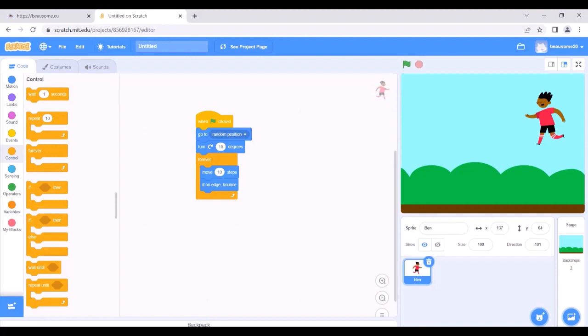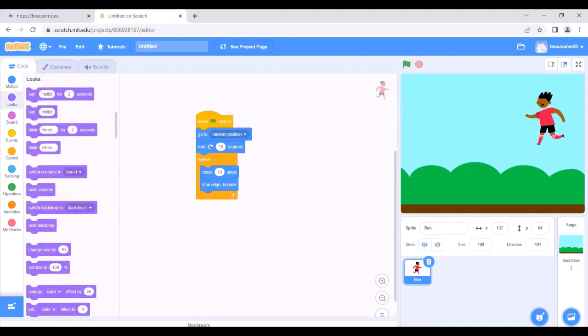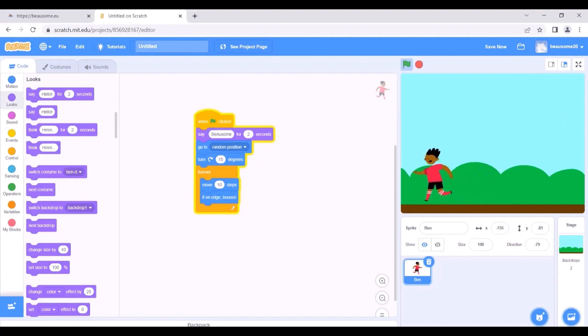We can add something to say by clicking on looks. And then, for example, when it starts, I want to say be awesome for 2 seconds. So when it starts, it will say be awesome for 2 seconds, and then it will start again moving around this area.